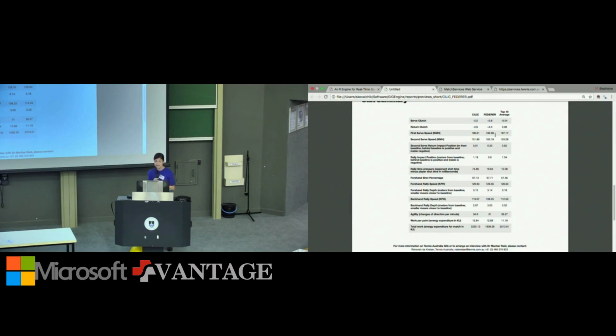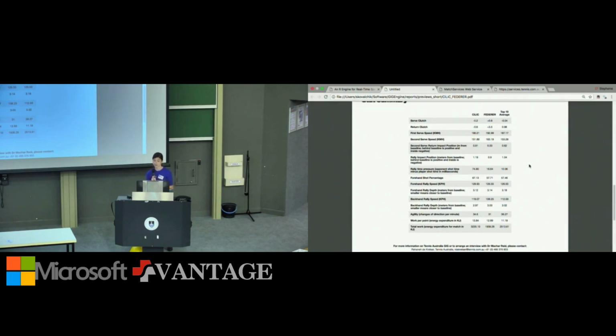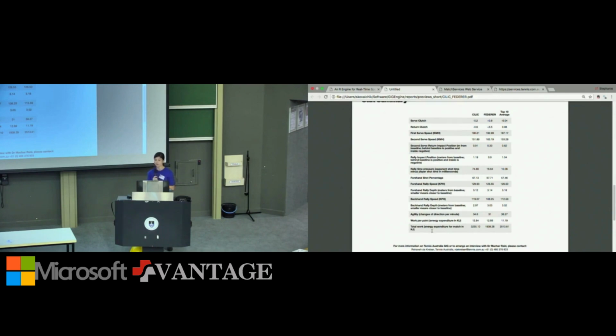We also include a comparison against the top 10 average, and that's a historical average for how top 10 players have performed at the Australian Open over the past 5 years. The actual stats themselves include some of our mentality stats, technical stats about shot, positional information, which is more of a tactical type of characteristic. And then at the end, you see a number of our measures around the physical performance of each player.